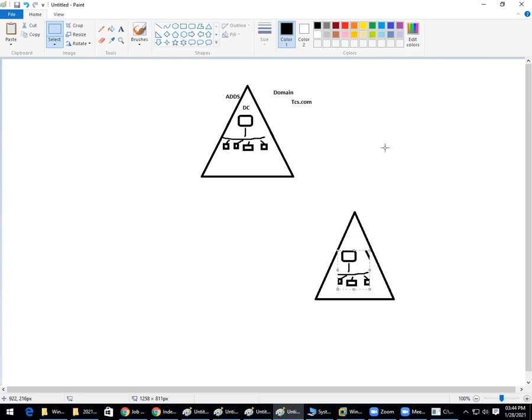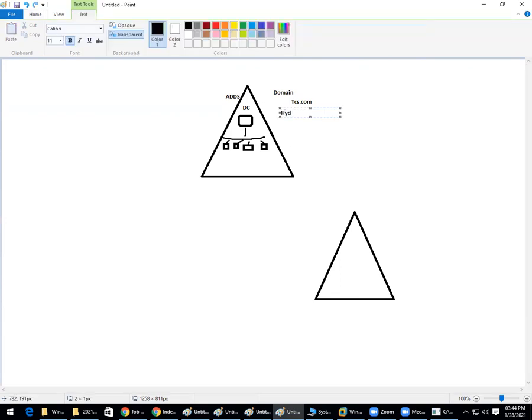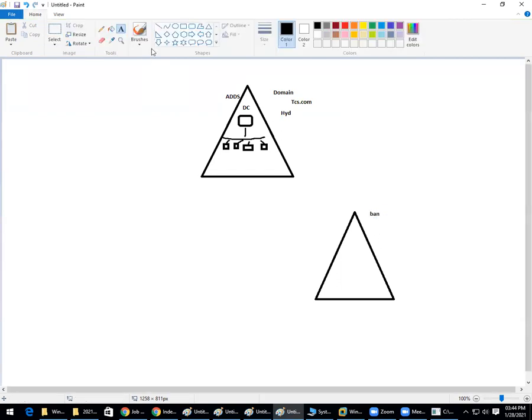Here also, this is my Hyderabad branch, and I am extending my branches to Bangalore. Here also I get computers and users, and these TCS employees will work from Bangalore also, but they have to depend on the DC over here.